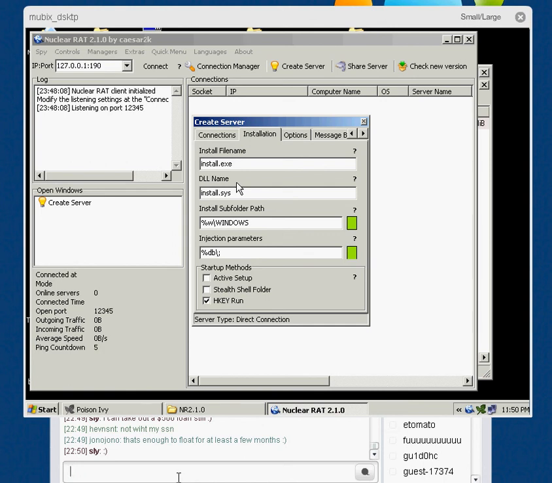So here's its persistence stuff, the install file name, the DLL. The DLL version of this will inject on top just like Poison Ivy. Options, melting,